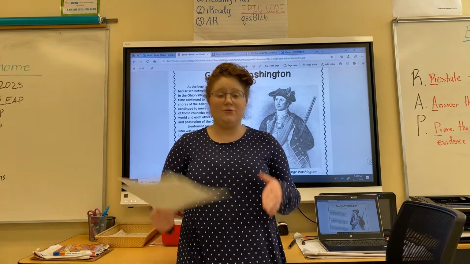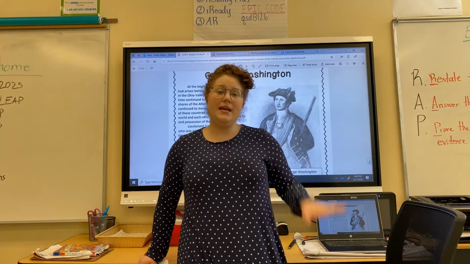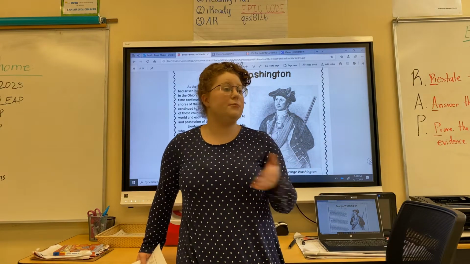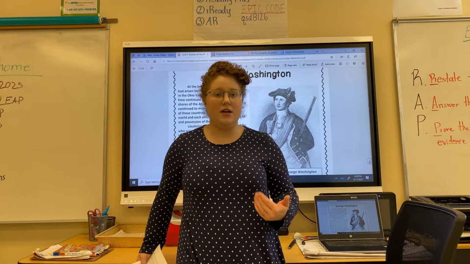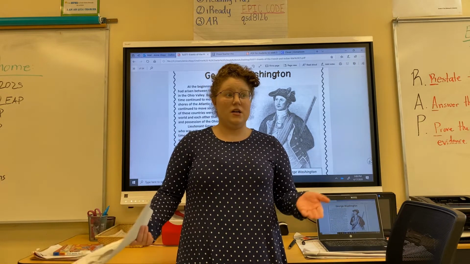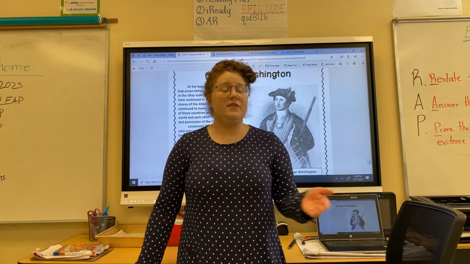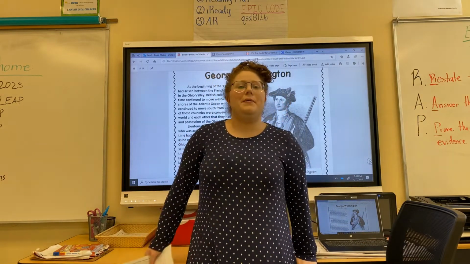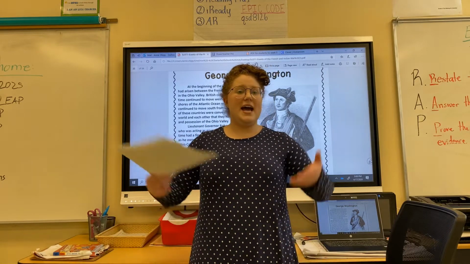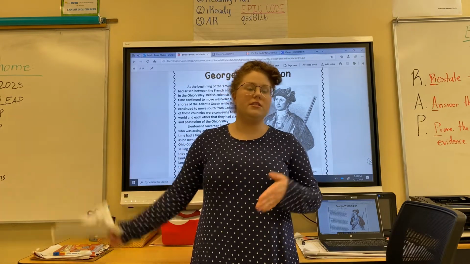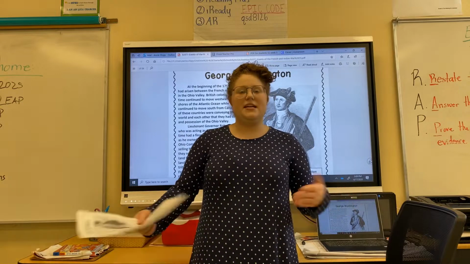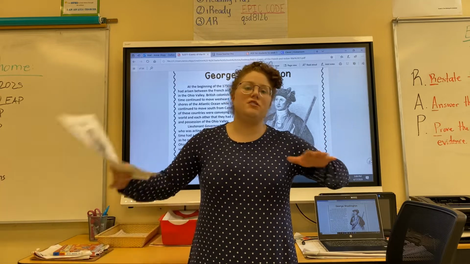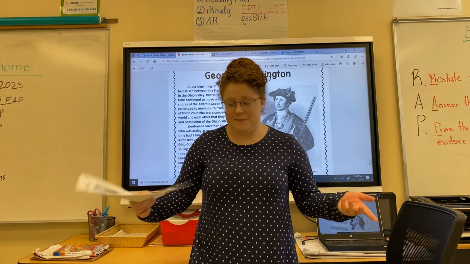So Dinwiddie, this was the governor of Virginia, he wanted the Ohio Valley because it would make money for them. They could sell it to British settlers and make money off of it. But Dinwiddie found out, oh no, the French are moving into this land that I own, and that means I won't be able to make money off of it. So he tried to ask for soldiers to fight the French off, but they said no. So Dinwiddie's like, okay, maybe I'll send someone to see if we can solve this without fighting instead.